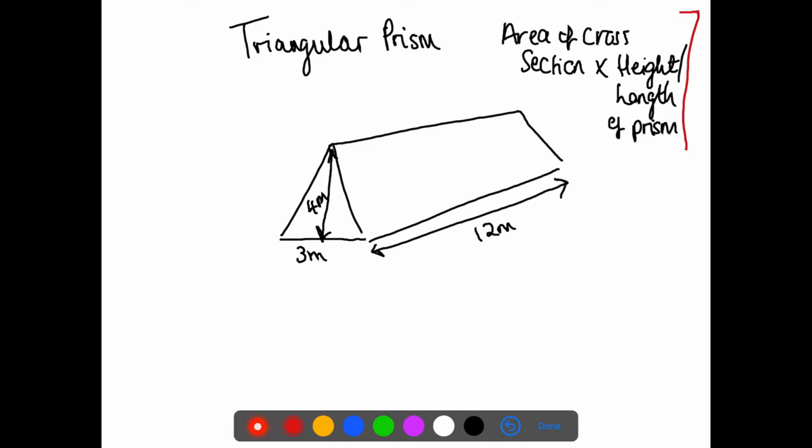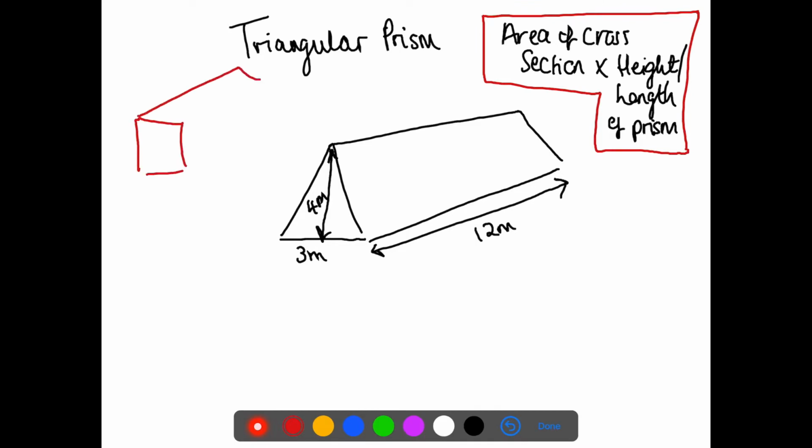Okay, so that's something that you really need to remember when working out the volume of any shape. So just like we did with the cuboid, we found the area of this section first by timesing that length, and then we multiplied it by the length or the height of the prism, which is exactly what this is. Okay, so just make sure that you remember that. Okay, so now what we're going to do is we're going to work out the volume of this prism, but